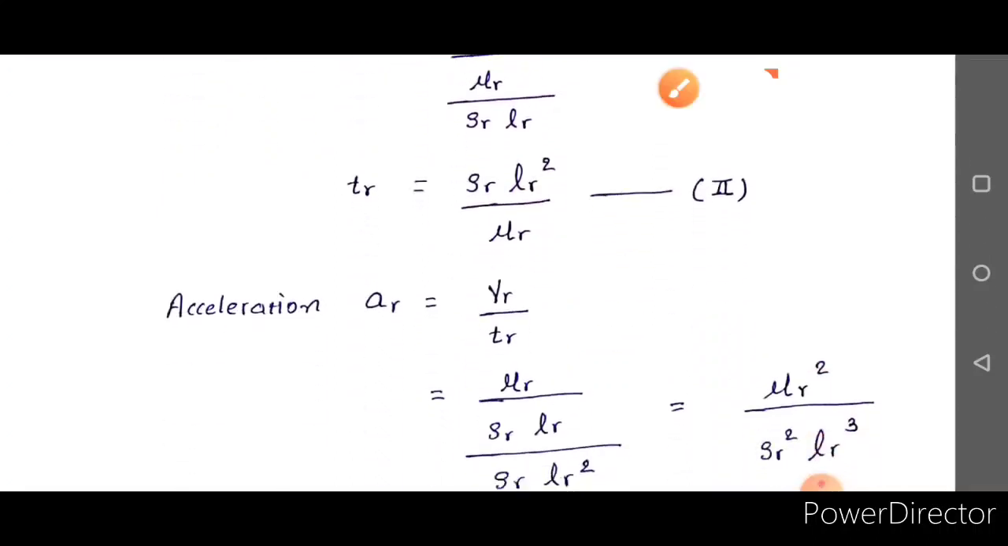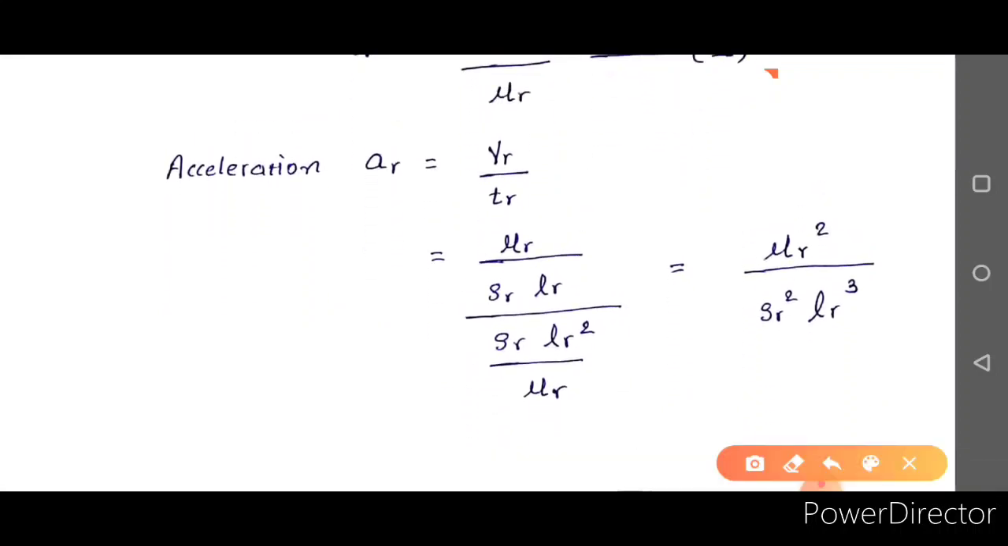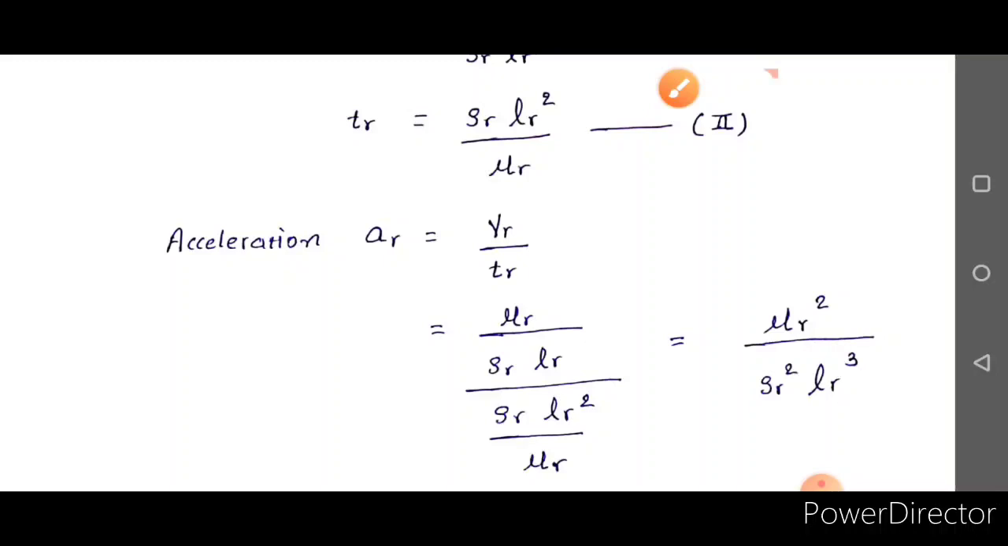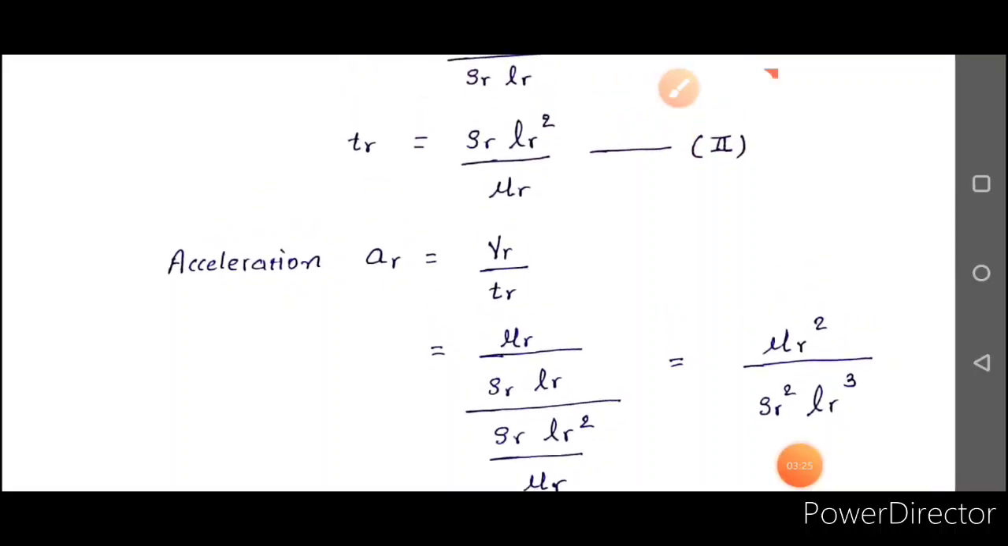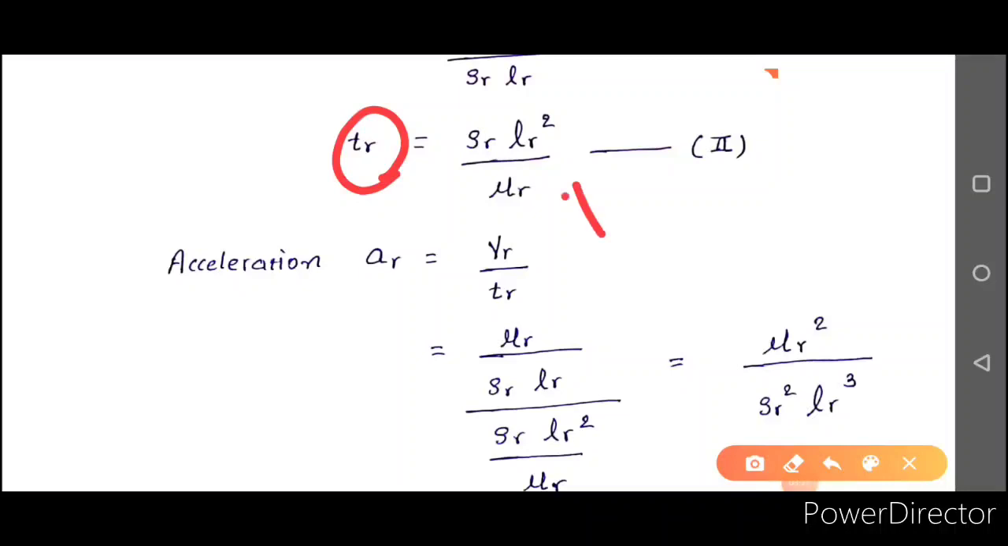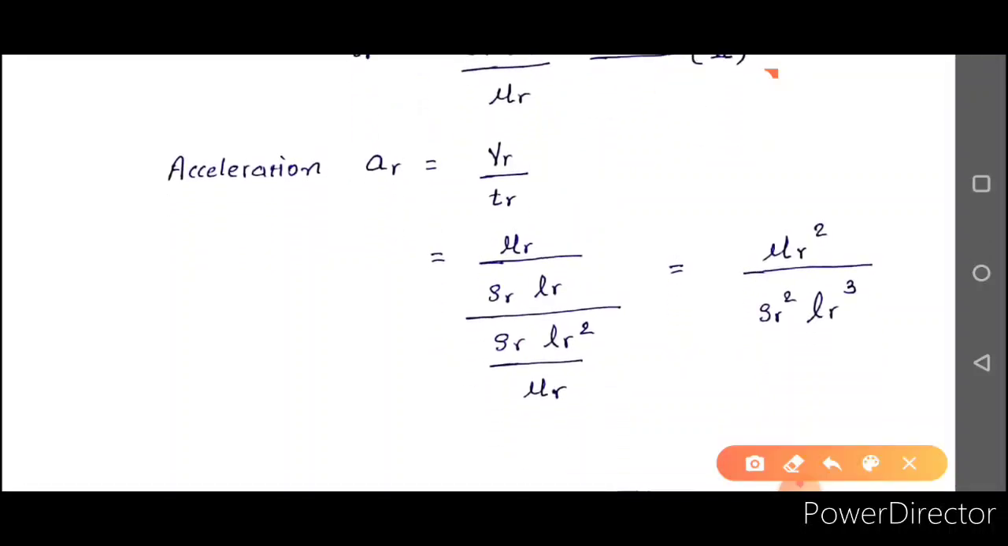Next, acceleration. Acceleration is nothing but velocity divided by time. So the equation of velocity, mu r divided by rho r and L r, divided by time, the equation which I have taken recently, this is T r. This equation I am putting over here, rho r L r square divided by mu r. The final equation of acceleration generated is mu r square divided by rho r square into L r cube. In the same manner, if we are going further,